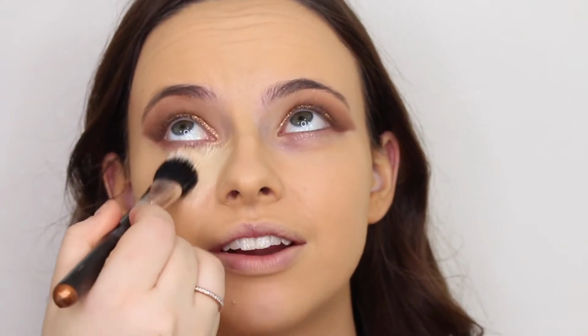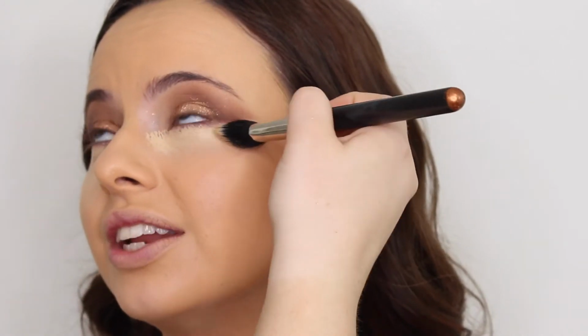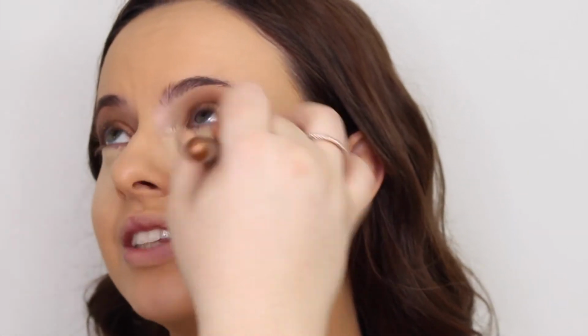Then you can use any brush you want. You can use a kabuki, but I grabbed a separate brush. I'm just applying the MAC Prolongwear concealer underneath her eyes, down the bridge of her nose, her forehead, and I